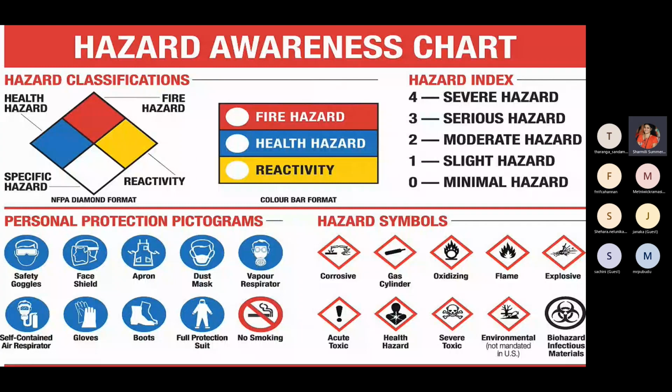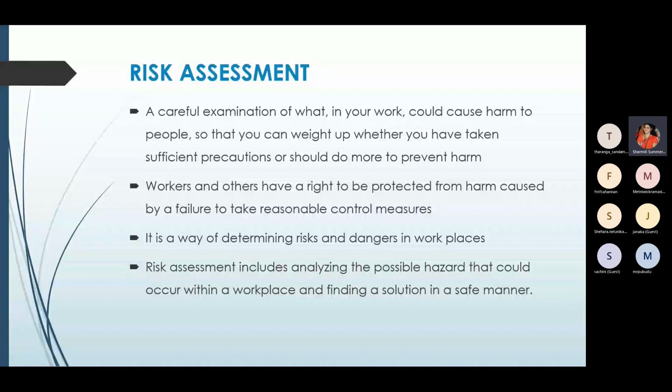Now we'll move on to the risk assessment. So far we studied what is risk and what is hazard, and now you have some idea regarding the difference between risk and hazard. Risk could happen due to the hazard. Once the hazard occurs, then we can tell that the patient may have some risk of developing these. But for risk management, to control the occurrence of the risk, or once the risk has occurred, to prevent it, we need to manage that risk.